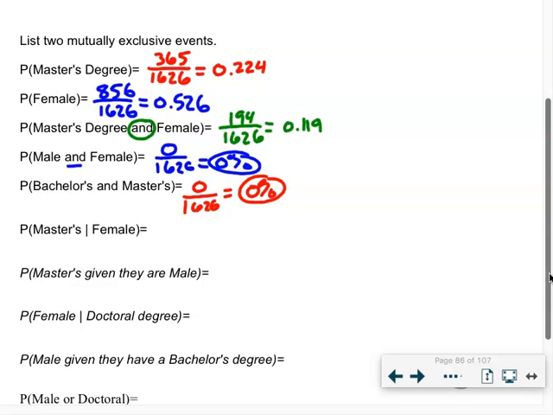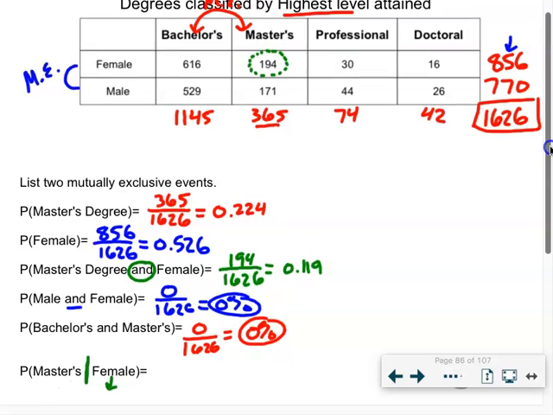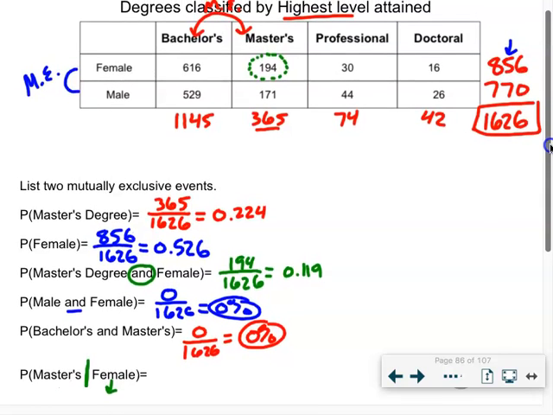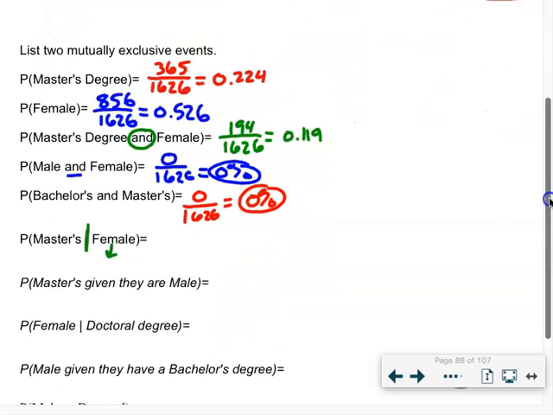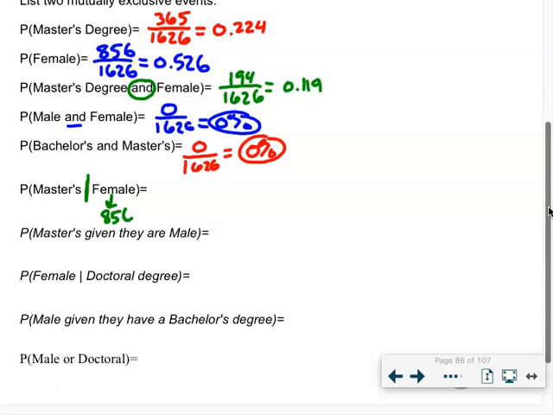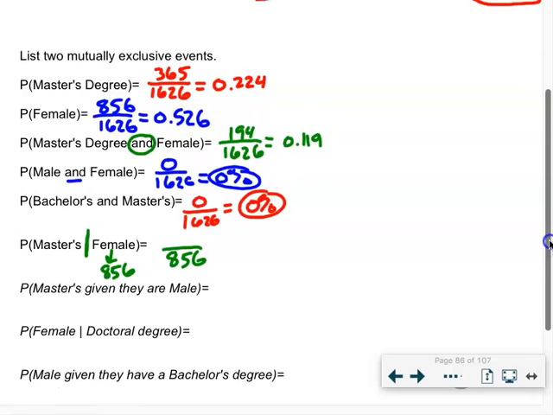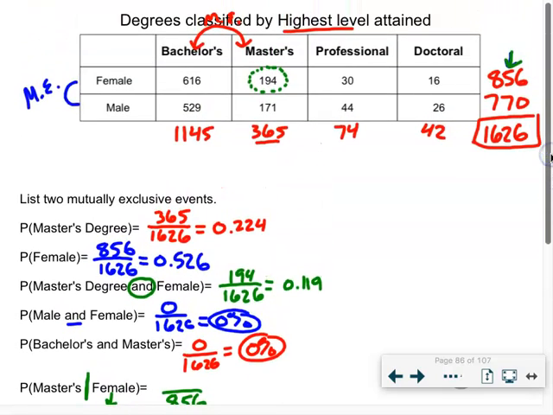Okay? So now we are into the given stuff. Remember that this bar means given, which means the second number is the denominator of the fraction. So I've got to do some scrolling, it looks like. What I need is the total number of females, which I've already gotten once, 856. There's 856 females in this study, which means that has to be the bottom of the fraction, whatever is after the given. I'm going back up to the chart to see of the females,